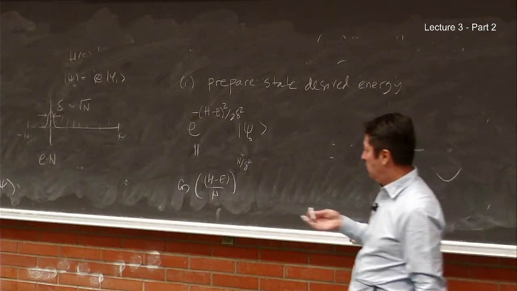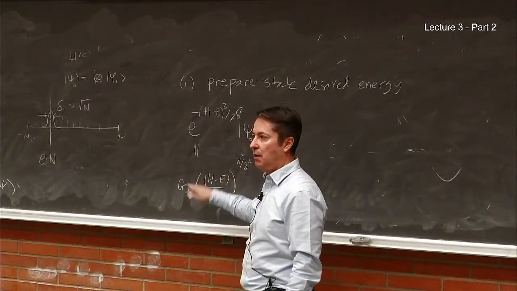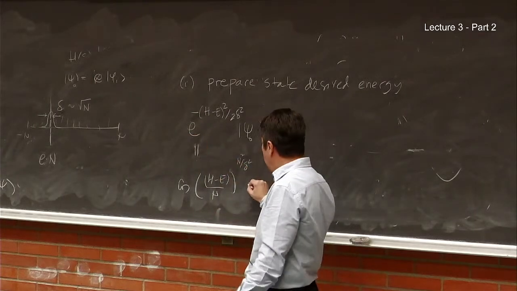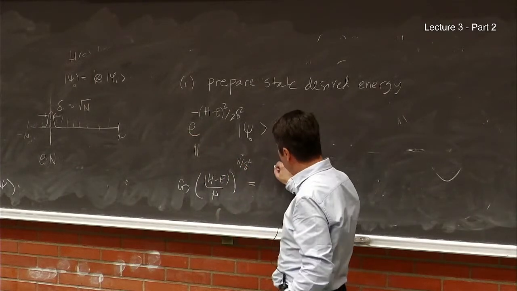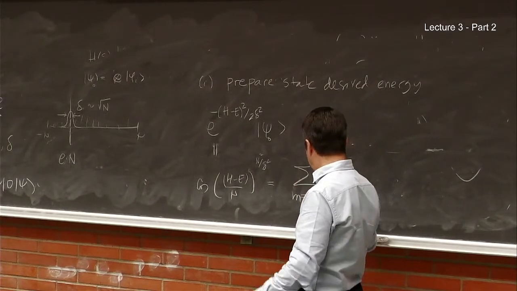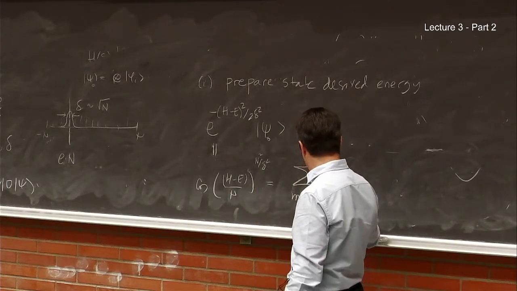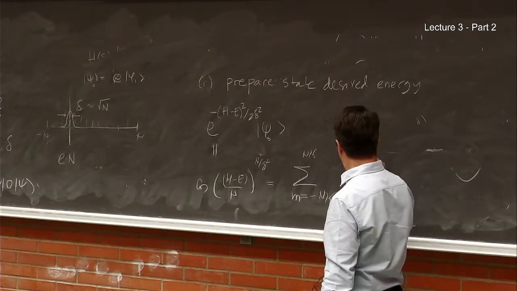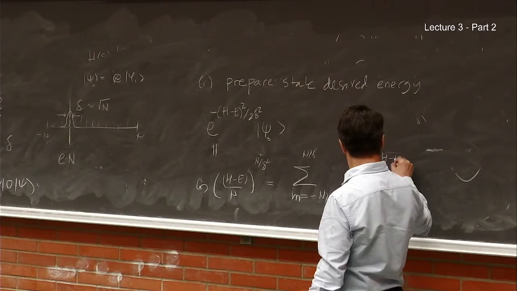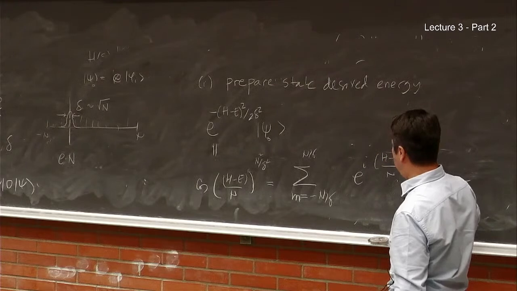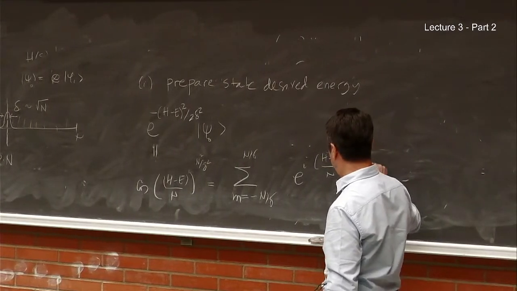And now, the cosine is e to the i, plus e to the minus i. You use the binomial formula, and so this can be written, I'm not doing it very precisely, as a sum from minus something like n divided by delta to n divided by delta of e to the i (H minus epsilon) divided by n times, now you have here something like m.